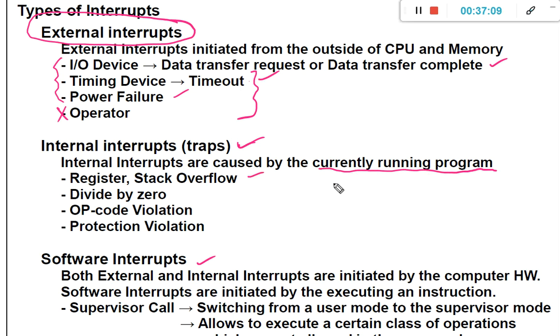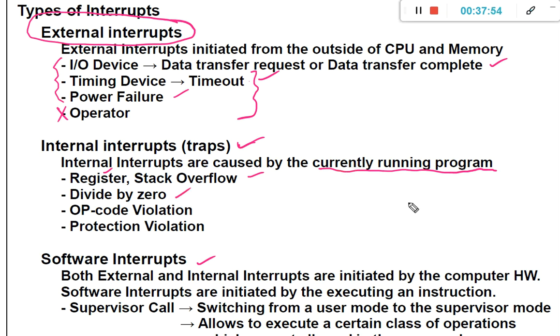During a register or stack overflow. In the case of stacks, sometimes the stack may overflow, that is, the memory location is not available, however you try to push a value, so the stack overflows. Similarly, register overflow means the result generated may be 32-bit data, however the register is of 16 bits, then an overflow occurs. You cannot accommodate 32 bits into a 16-bit register, so it causes the internal interrupt.